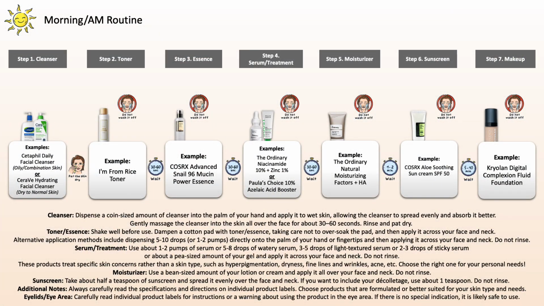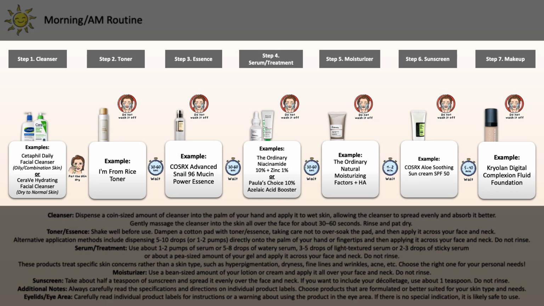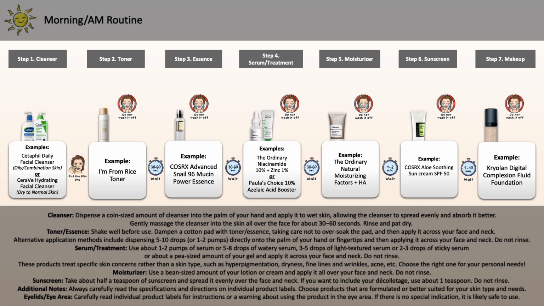So you can see the different steps. This would be the order of application. You can see the example products I've picked. If you should have different ones, feel free to exchange them, but it won't change the actual step. It still would follow the same order of application. If you shouldn't have a specific product, it's fine to skip it and then immediately move on to the next step. So you can adjust it based on what you have at home.